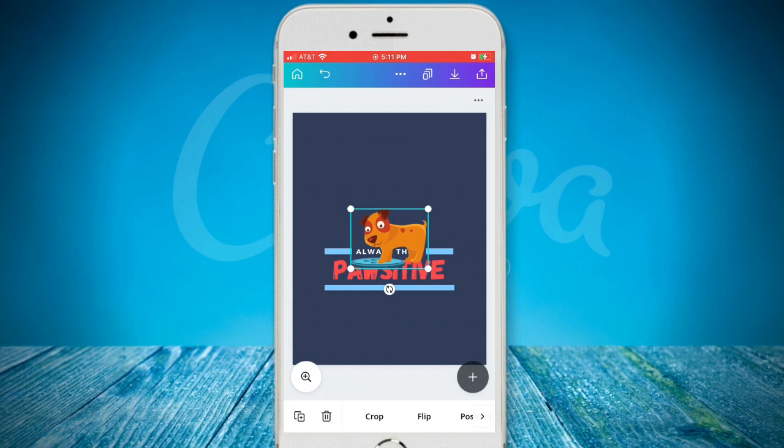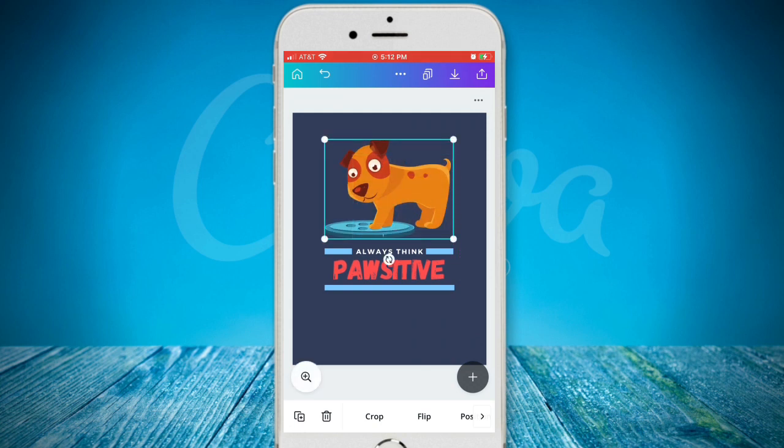Now that I have my puppy image, I can move it to the correct location and resize it to make it a bit bigger. And voila! Here's my always think positive puppy t-shirt design. Now that I've finished creating my design, I can export it to add it to the products in my store. But before exporting, I want to resize my image to make sure it doesn't look pixelated on my t-shirts